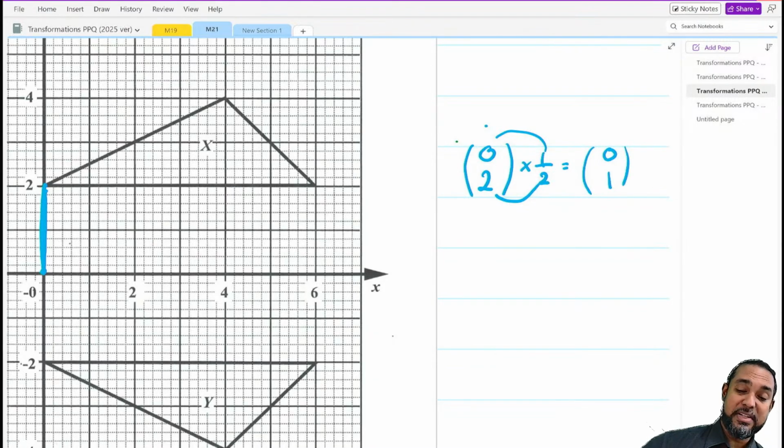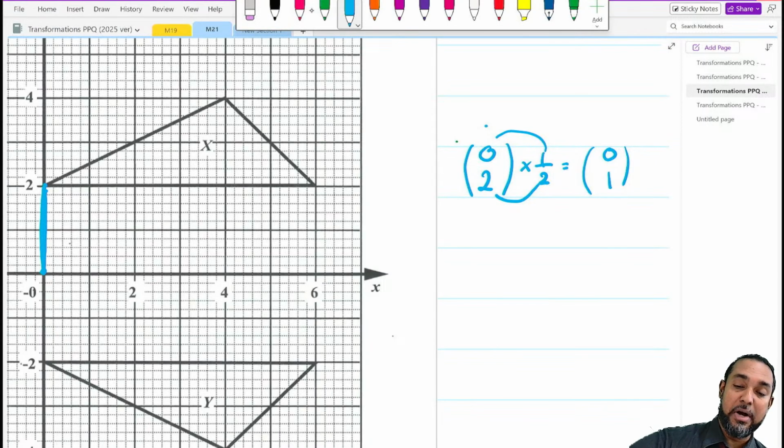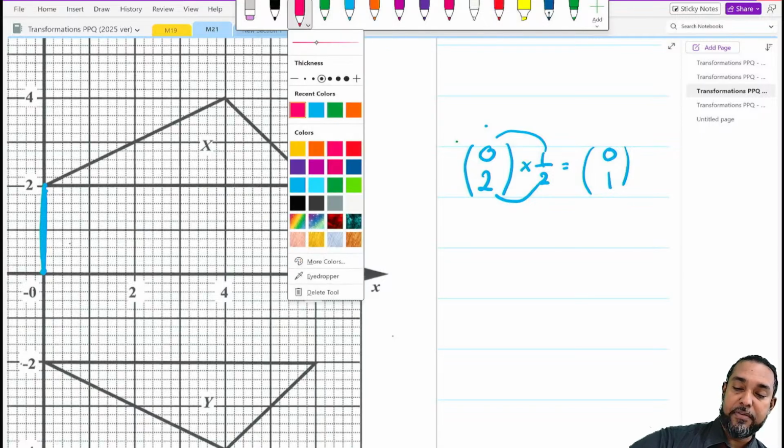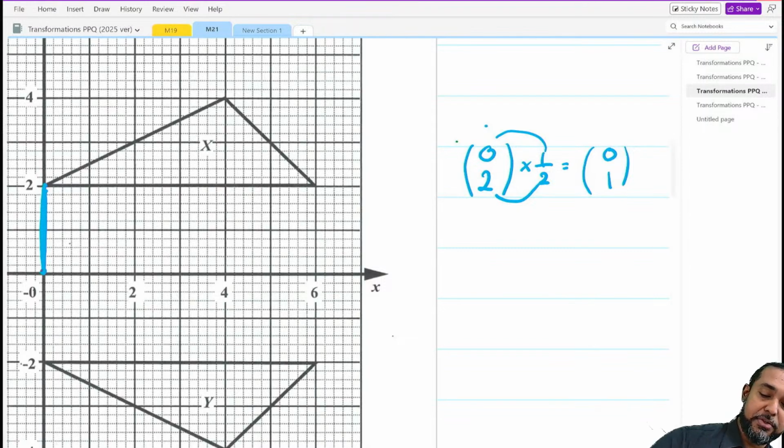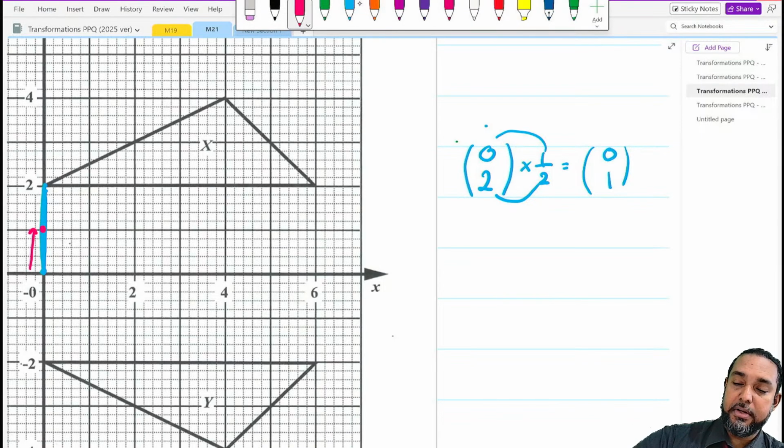1. So what that means is, when I scale it down, instead of going 0 horizontally and 2 up, I'm only going to go half that distance. Half of 0 is still 0, right? And half of 2 is 1. So instead of going 0 and then 2, I'm going to go 0 and 1. So I'm only going up one space. I'm only going half the distance. All right? Now, let's check it to the other side.